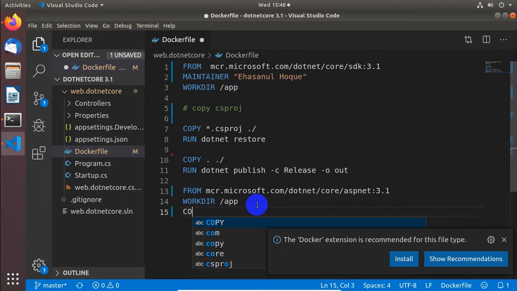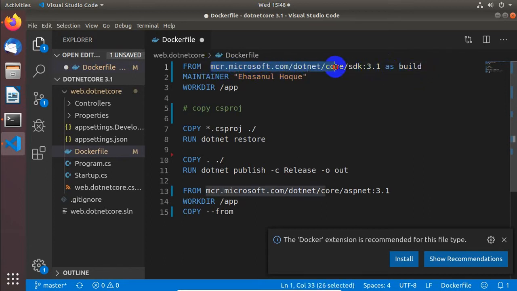Actually our published binary has been stored in the out folder, so I'm going to copy from there to this directory. So from, I need to alias the image name as build. I am aliasing it because otherwise I need to use the complete image name. So this is very meaningful.